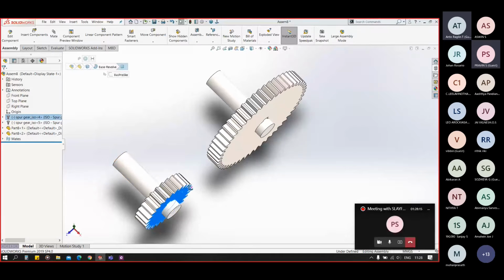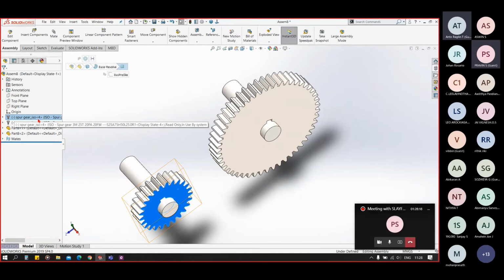Let me check that. Did I make any mistake here? This is a 25 teeth and this is a 50 teeth.